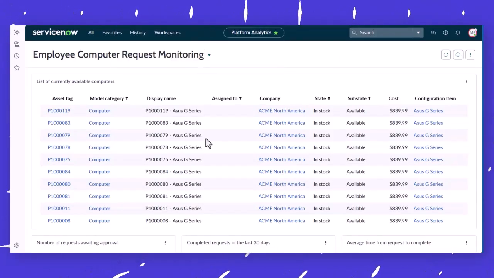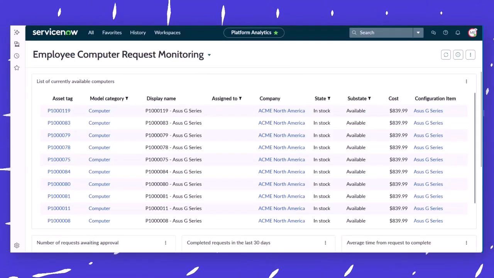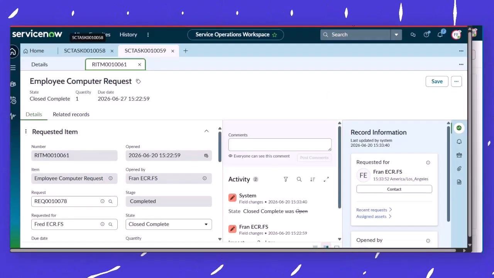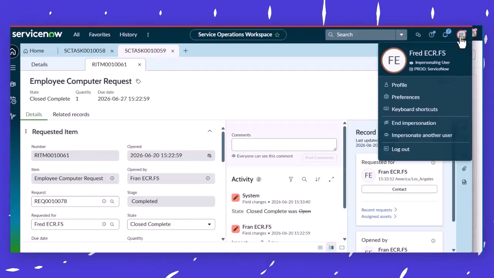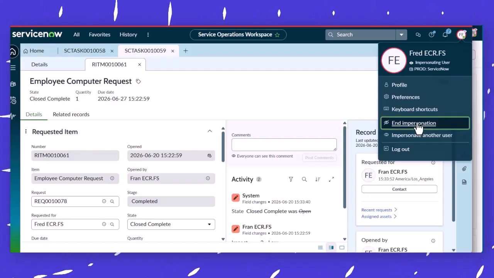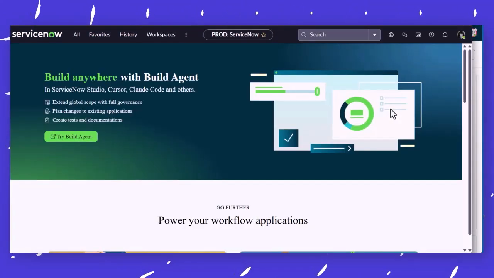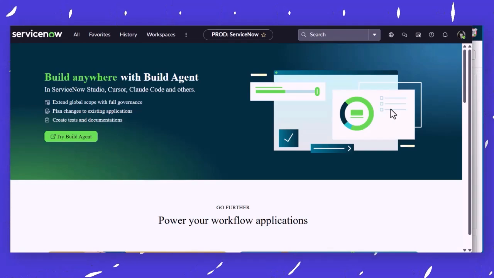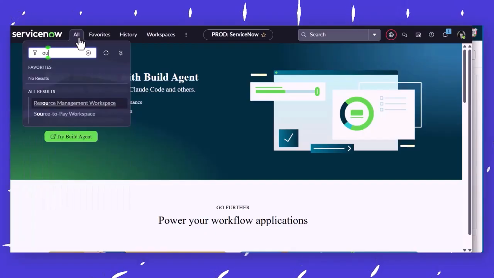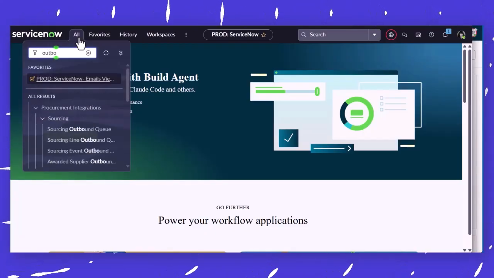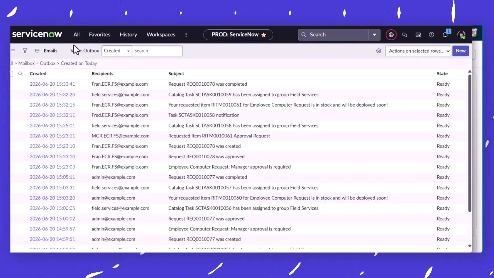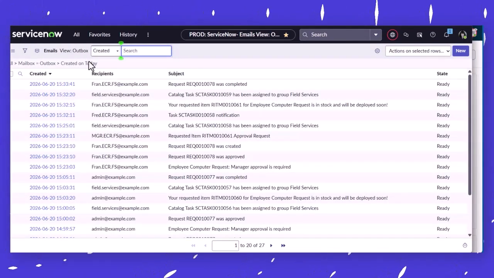There are notifications also. Throughout the request, there are different notifications that go out. So I'm going to not log out, I'm going to end the impersonation. It's just something the administrator can do to test as other people. This is something the admin can do, but I don't have access to their email boxes. They were getting emails